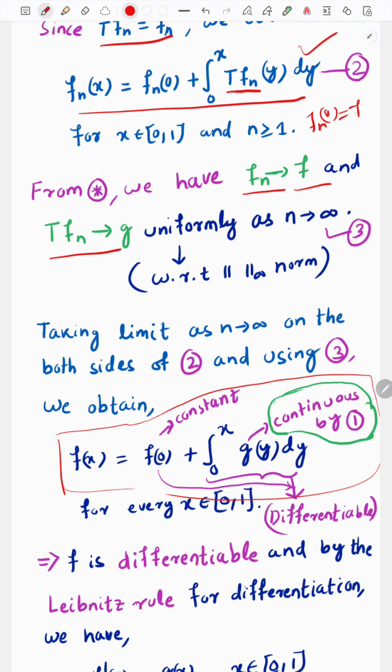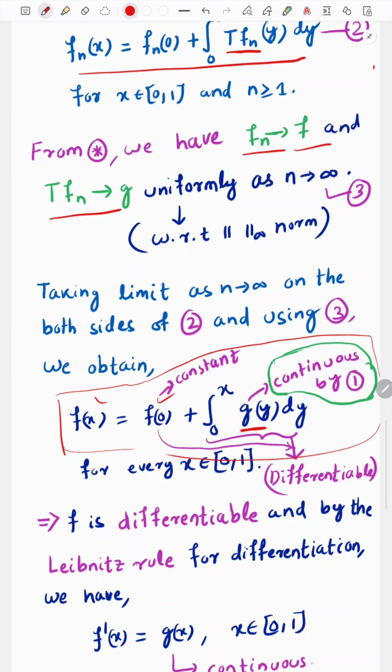fn(0) converges to f(0) when n goes to infinity. So we get these things, and this limit also comes inside the integral, and Tfn converges to g here, so therefore g is coming. So we will get this expression. In the right hand side expression, f(0) is a real number, a constant,